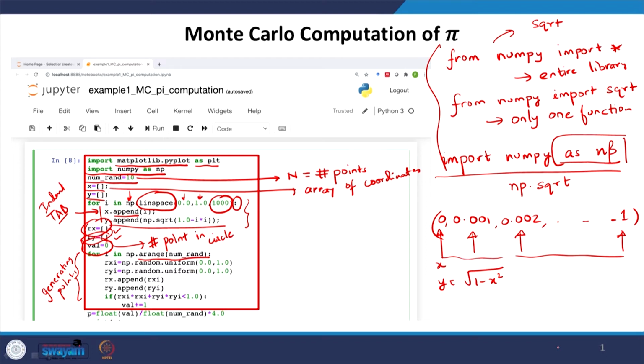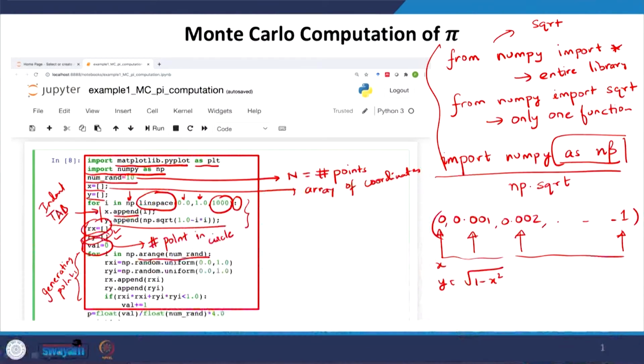So, what it does is, since numrand is 10, the number of points that I have started with, it will create an array containing 10 elements from 0 to 9, right. So, every time you enter the loop, the i will be the element in the array. The first time it is 0, then 1, then 2, and the last will be n minus 1. So, that will be 9, right. This pretty much tells me that I will enter the loop 10 times or n times, that is the number of points.